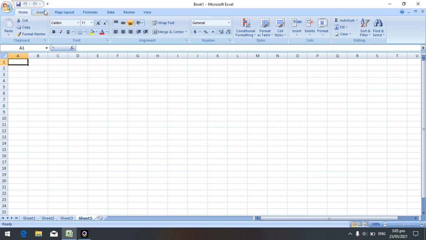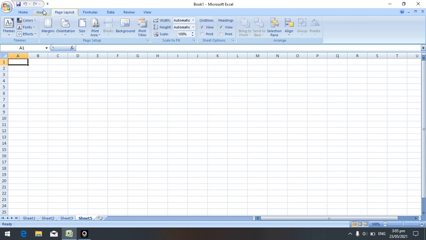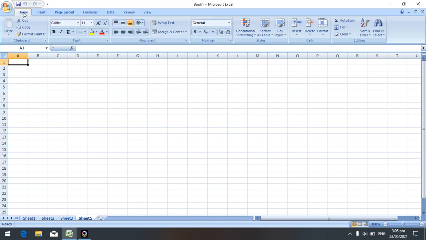When we click on the insert tab, it will change. It will show tables, illustrations, charts, links, text. In the same way, when we click on each tab, the groups will change, and each group consists of a number of commands. When we click on clipboard, 4 commands are available, same as MS Word: cut, copy, paste and format painter.